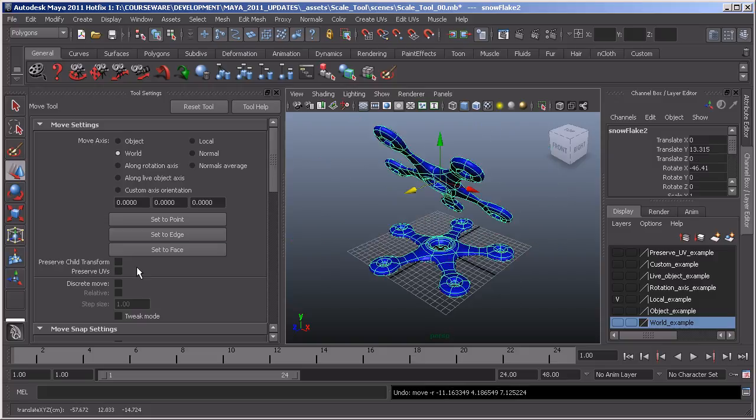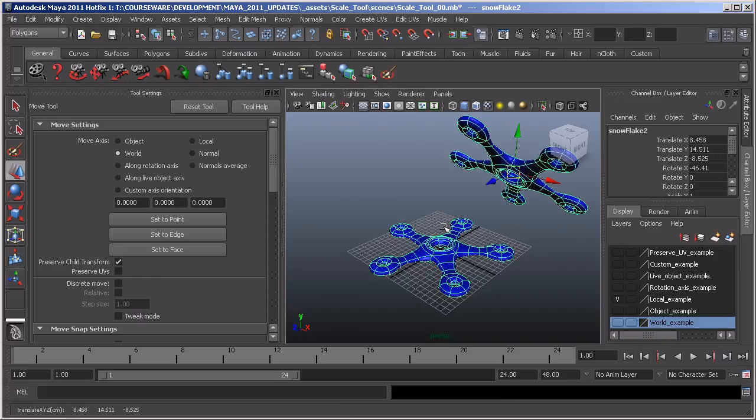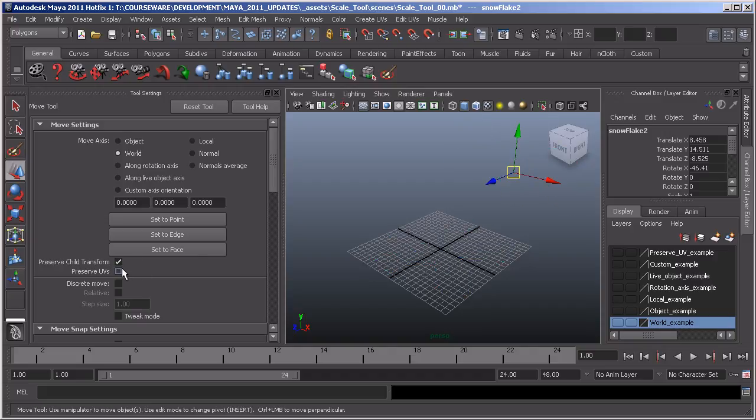And quite simply, this preserve child transform just means that when it's on, when I select the parent and move it, what it's going to do is retain the child's position, so it's now no longer moving with the parent object. Beneath that, we have something known as preserve UVs, again a term that you'll cover later on, but the